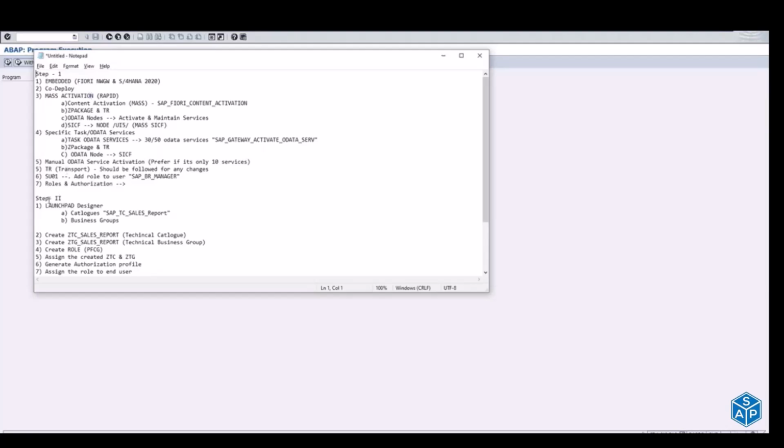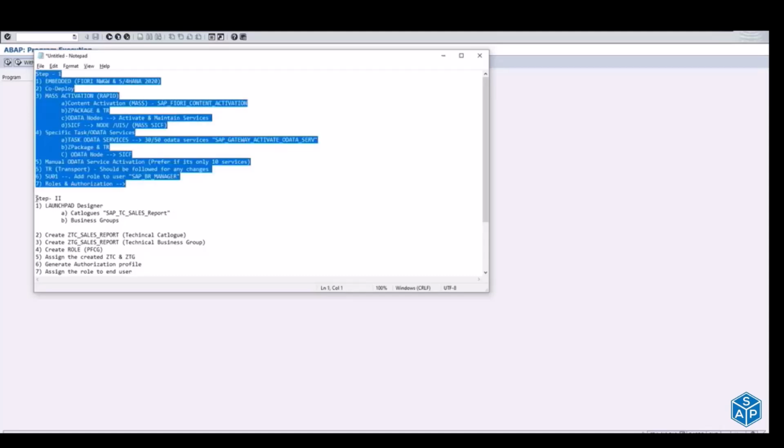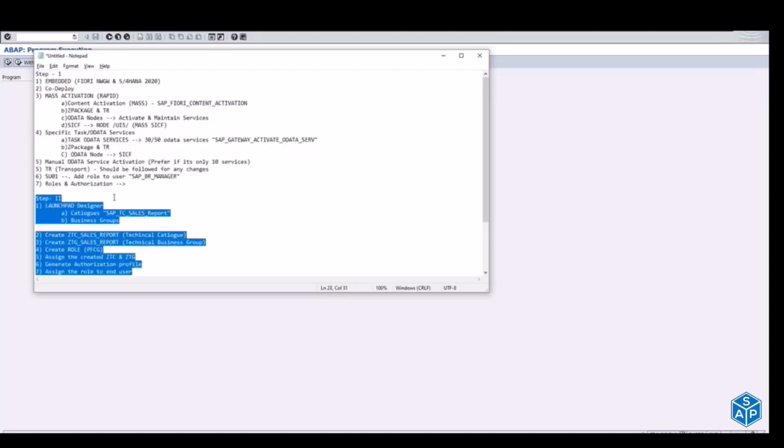The only thing that changes in custom development is that we will not follow anything in step 1. We will follow only step 2. We don't require anything from step 1. From step 2 onwards, it's the same approach as I showed you. A similar approach has to be followed in custom development also. And only this 5th step will